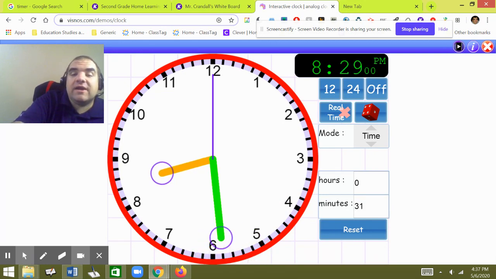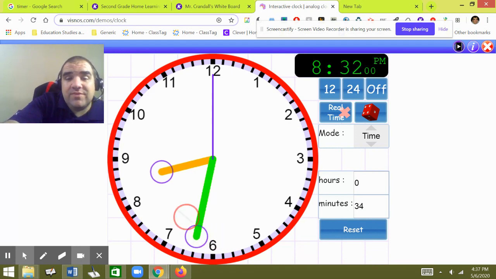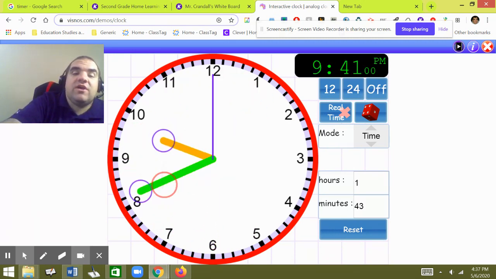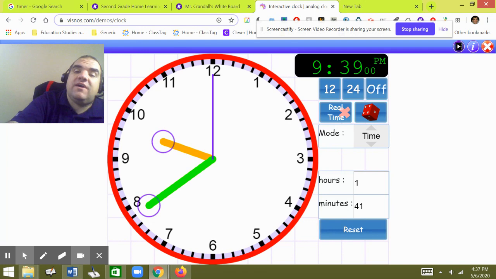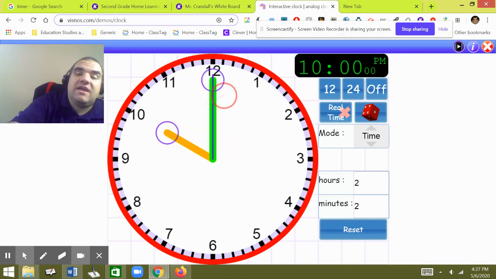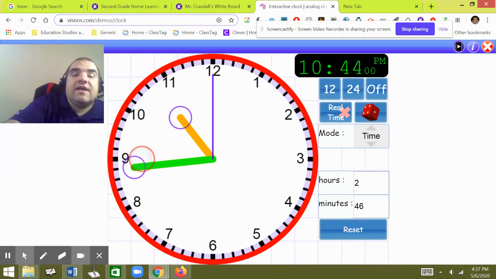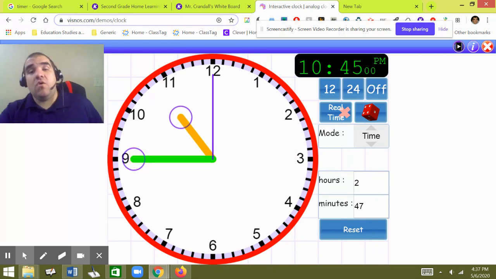Here we go. Let's move my face out of the way so you can see a little better and wonder why my computer is not working. There it is, telling time. Write the correct time. I just pressed the reload button, which might have some weird effect on this. So let's zoom way in. While we wait for Mr. Crandall's computer. There we go. All right, so